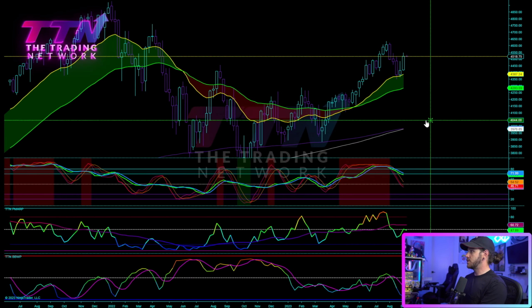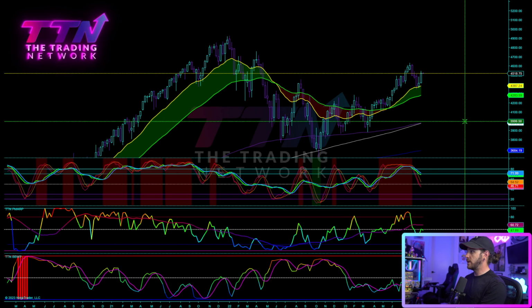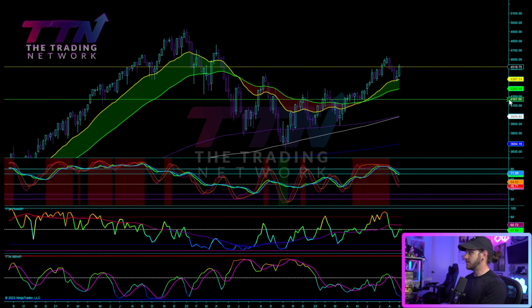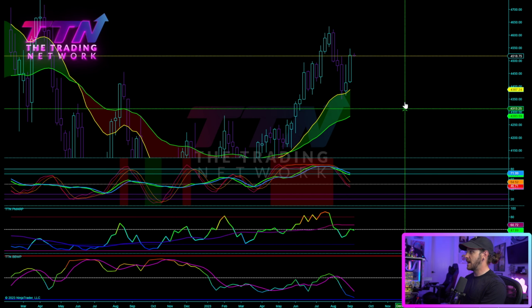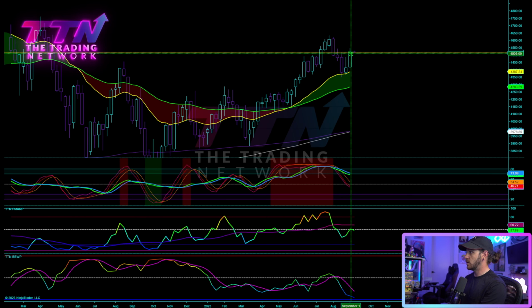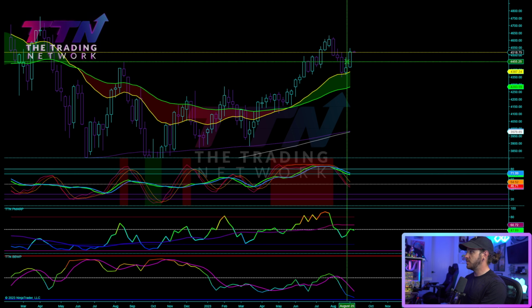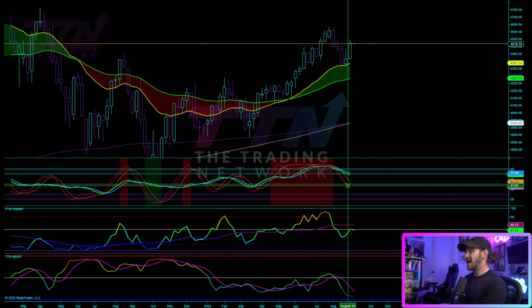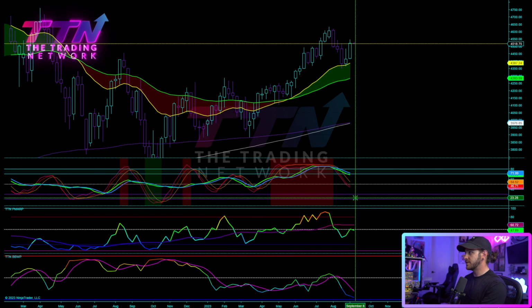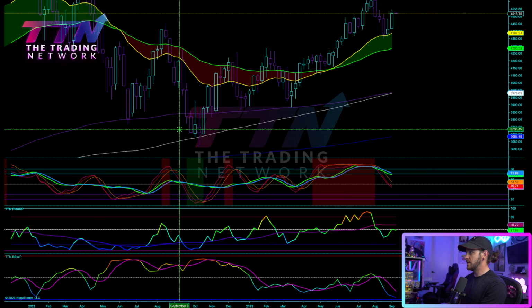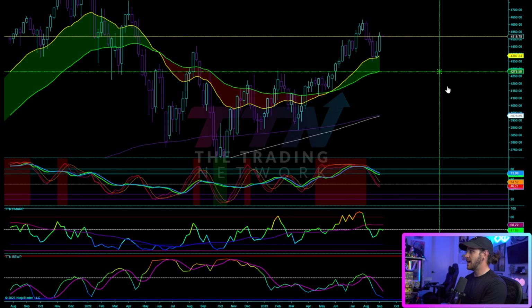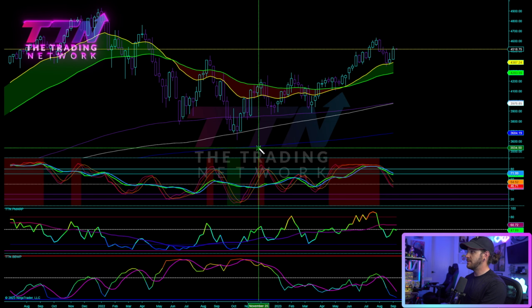But before we do that, I want to just hop over to the ES and NQ weekly chart just briefly and show you guys what I am thinking here. Last week's weekly candle actually confirmed a higher low and a local low on the weekly chart, with ES closing a weekly bar above the top of the prior weekly bar. Oscillators are still a little sketchy, I will say. Typically we like to see them completely reset, but you can see how rare that is on the weekly chart. So I'm not as worried about that, but something to keep in mind.